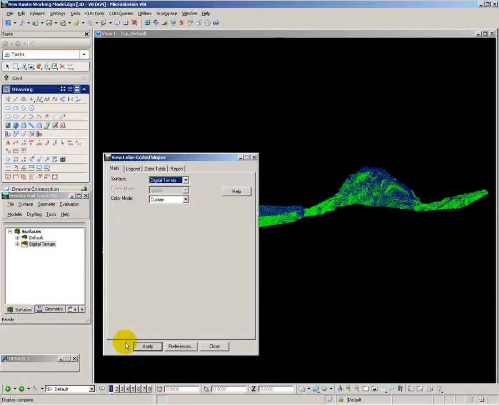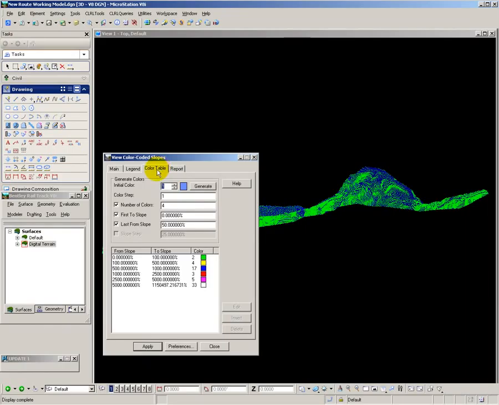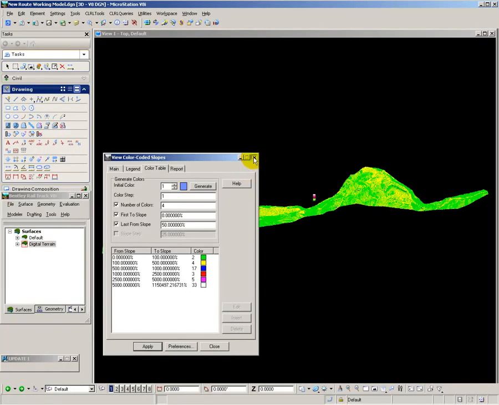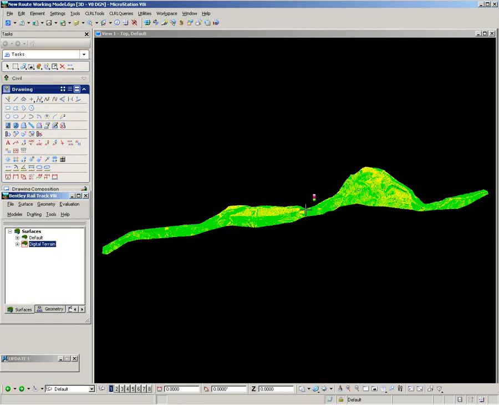The final analysis I want to perform is color coding of triangle slopes. This will show me where I have sidelong ground, which is likely to be difficult for construction of the railway. For the purposes of my analysis, I have split the slopes up into different gradients. So if I apply that, put on the position for the legend, it will now go off and process the analysis and show me the different slopes. If I zoom in on the slopes,